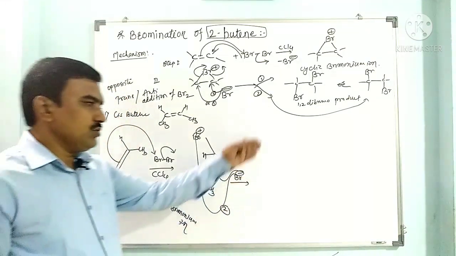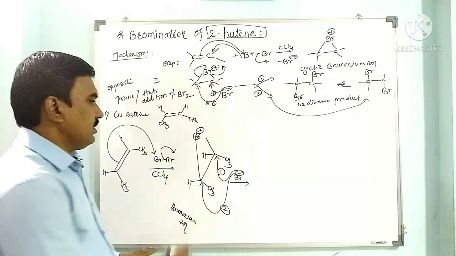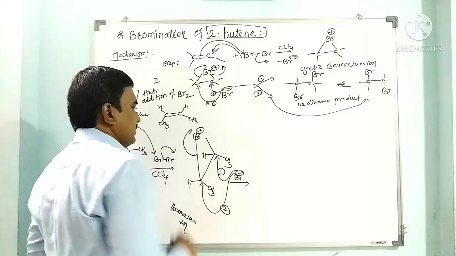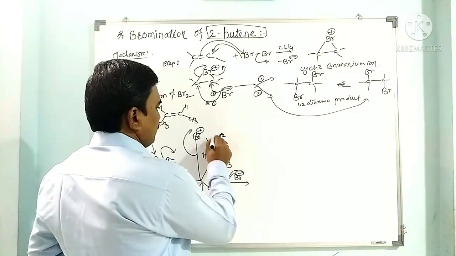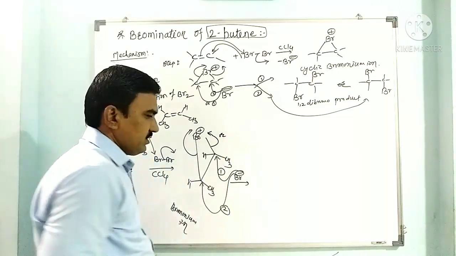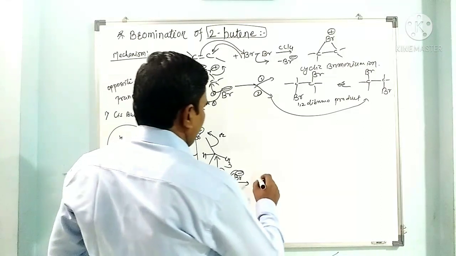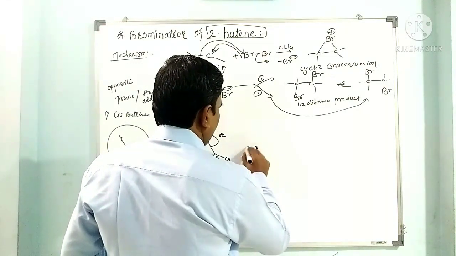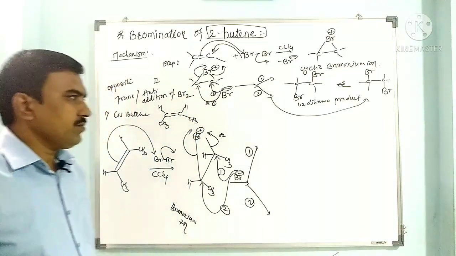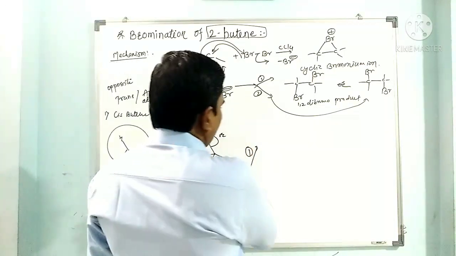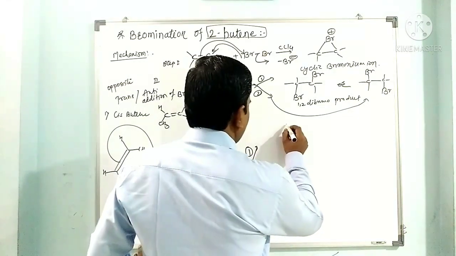So I have to see both the routes, route 1 and route 2, and this bromonium gets detached. In this way the bromonium gets cleaved. So we have here this one possibility and here this second possibility. Now when we have this one possibility, then we may get